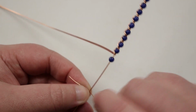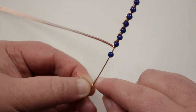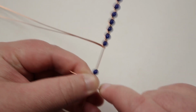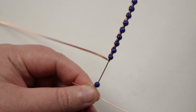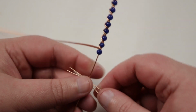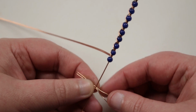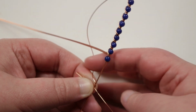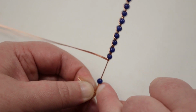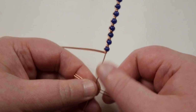And then just attach this wire in the same way that we attached the other ones. So have a short little tail, and then bring it around one full time. Make sure it's nice and tight. And then grab the next one. Repeat the same. You can see we're just attaching these in the same way. And obviously do the same with the last one as well, so we again have all 3 from this group